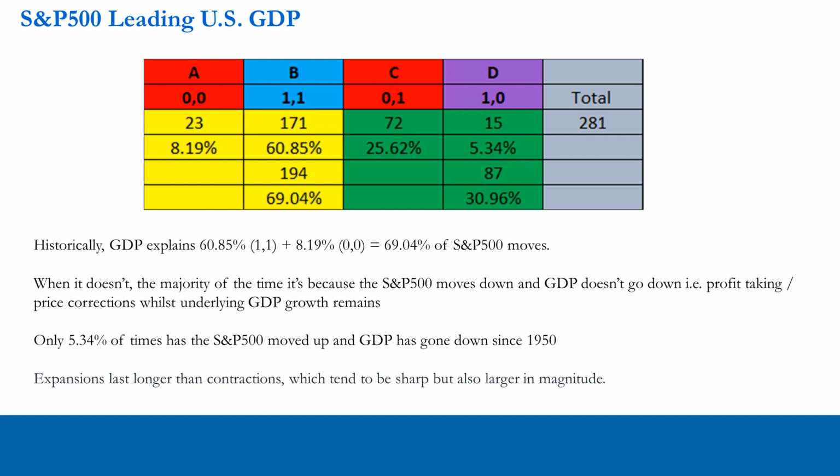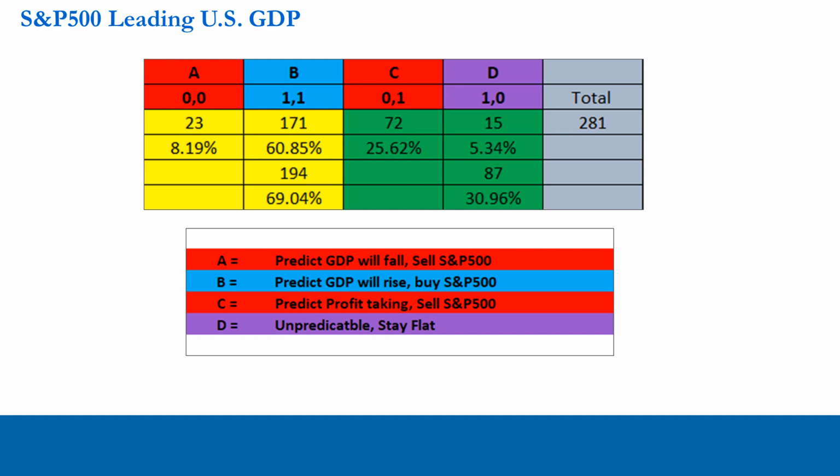Okay. So let's just summarize this in terms of prediction and what it means for a trader or a long-short portfolio manager. Well, if we look at scenario A, if we can predict that GDP will fall, what are we doing? What action are we taking? We're selling the stock market. We're selling the S&P 500, okay? We're probably short stocks, net short stocks. If we're predicting that GDP will rise, what are we doing? We're buying the stock market. We're going to have a long bias in our portfolio.